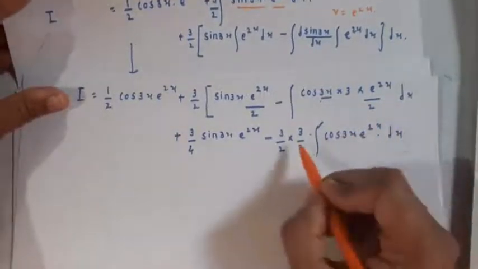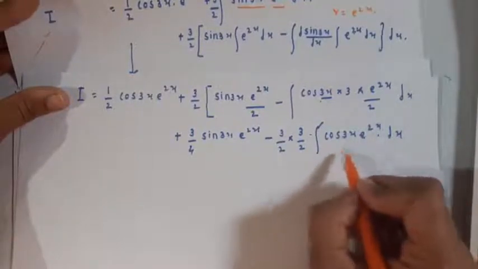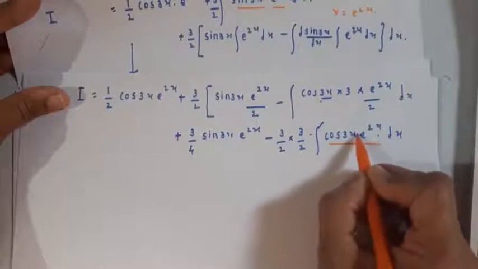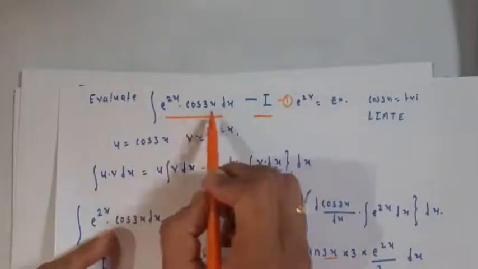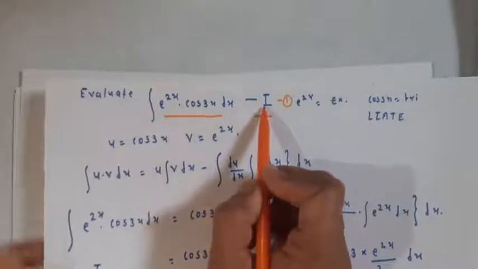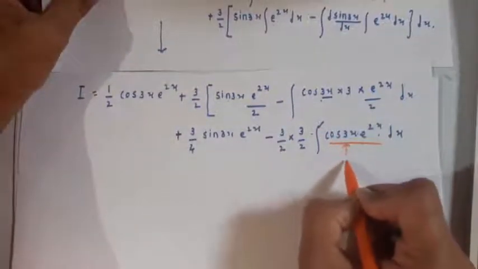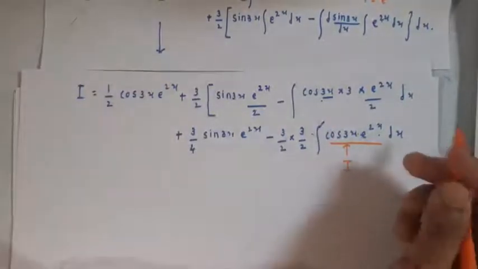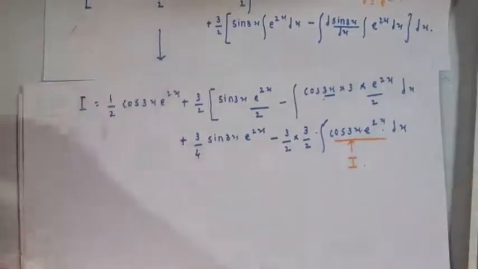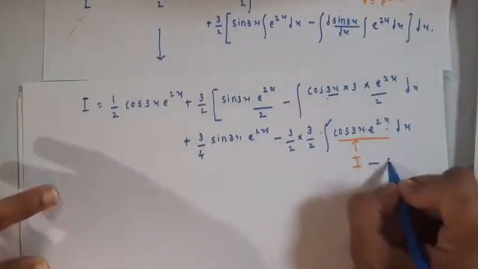Okay students, and now see here, this is cos of 3x integration of e raised to 2x. This is again, if we see again u into v rule, but from statement 1 the value of e raised to 2x cos of 3x, that is the statement 1, and from this the integration of this we have considered the value of this is I. Okay, value of this is I.